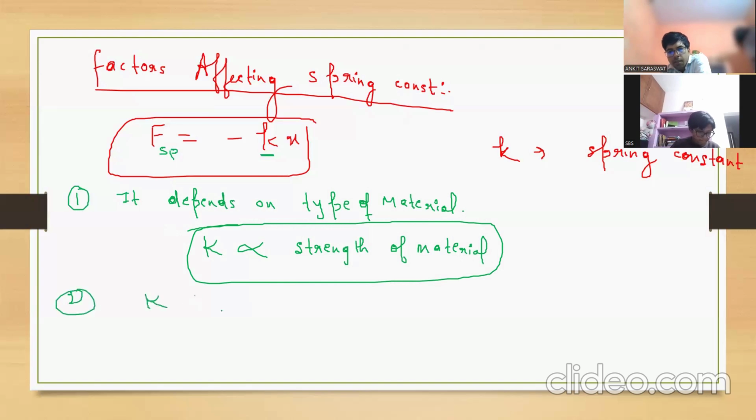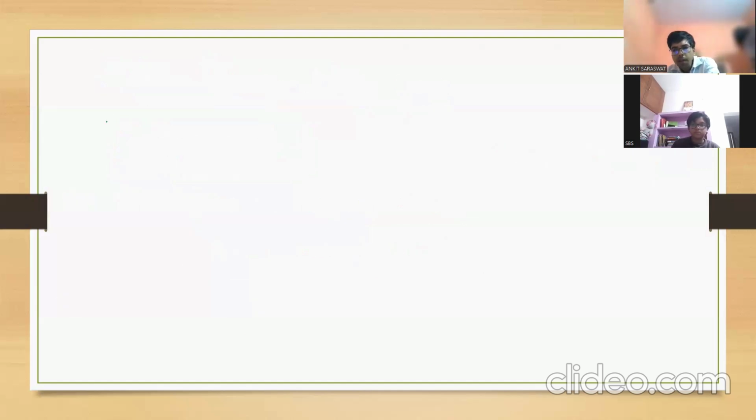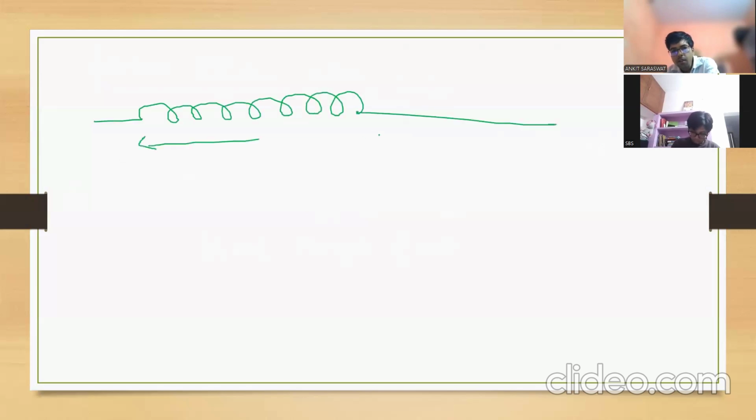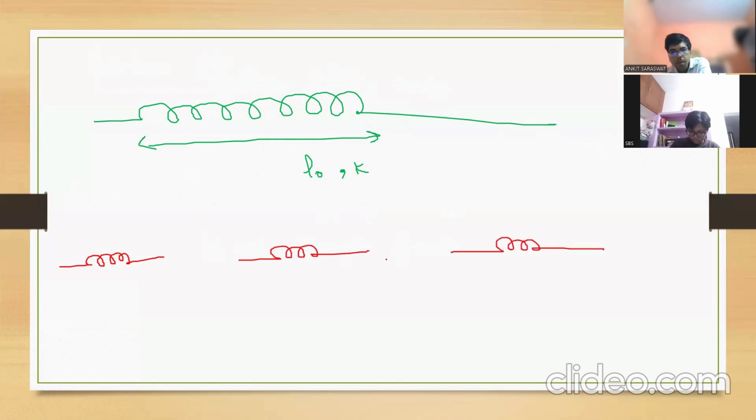Next, write down, K is inversely proportional to its natural length. If you decrease the natural length, K will increase. What is the meaning of that? For example, you have one spring. Its natural length is L naught, and spring constant is K. Now, if you cut this spring into three equal parts,